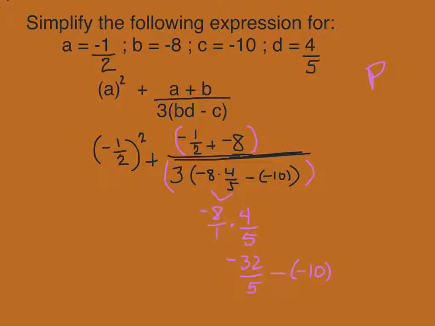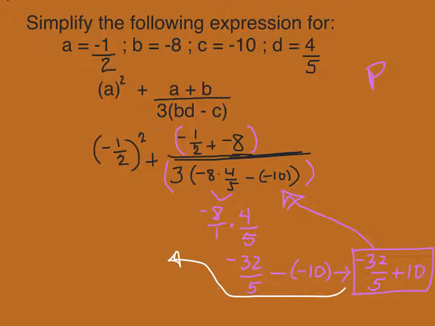Well, the first thing I want to do with that, of course, is to change. So I've got -32/5, change. The subtraction becomes addition. Change again, that -10 becomes +10. So this is the new expression that's actually inside that parentheses. So I am going to continue dealing with this on this page because I do have some room over here to set up my organizer,